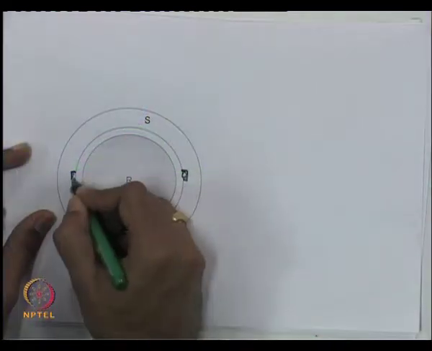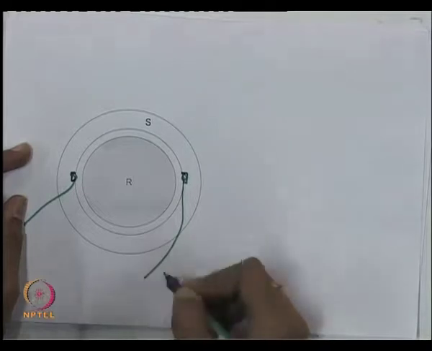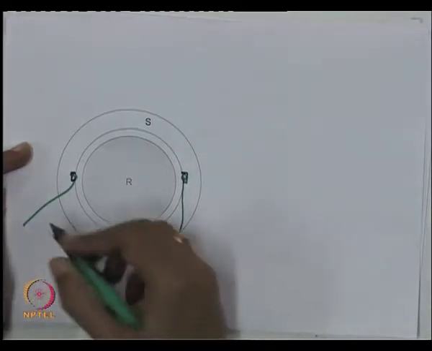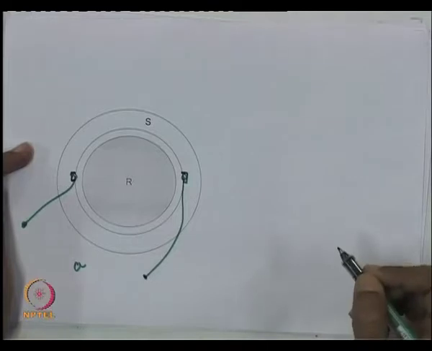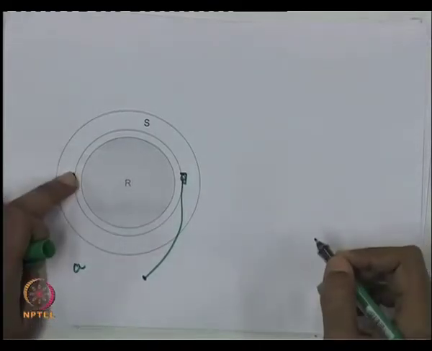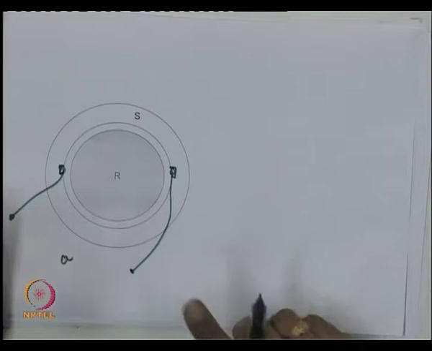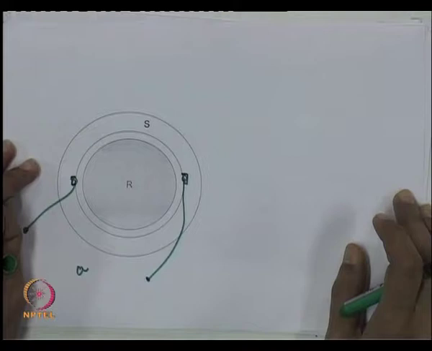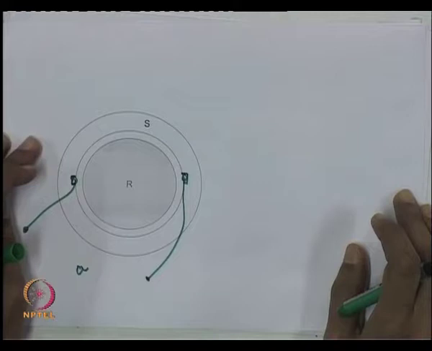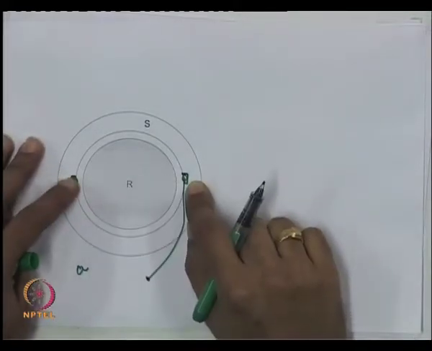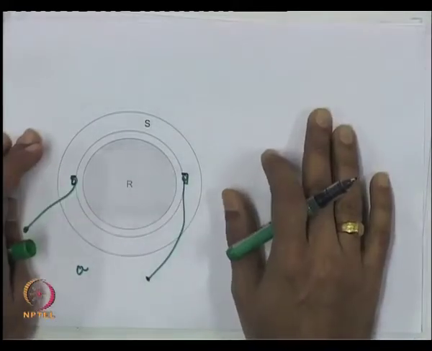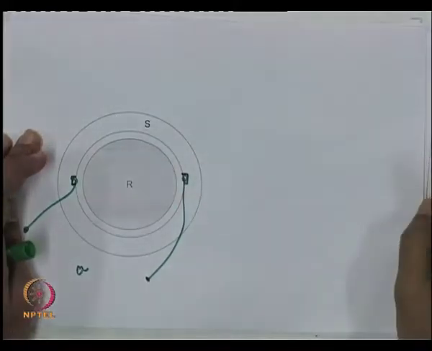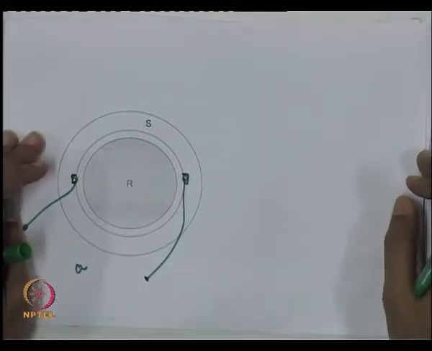So, if you have got a current flowing in the A winding, let us say it is distributed actually, but let me just represent it right now by a concentrated winding. So, this is your A winding and a current flows through this. Now, what I have told you before is that the MMF caused by any winding is going to be sinusoidally distributed in the core, in the air gap. So, what we will assume is that the MMF which is created by the A winding is going to be sinusoidally distributed, but of course, the B winding also causes a sinusoidally distributed MMF in the air gap, but